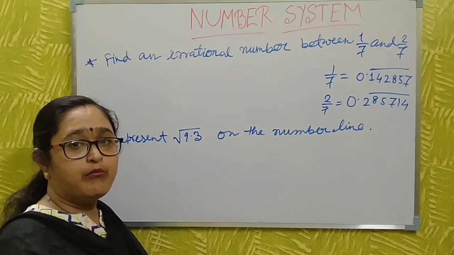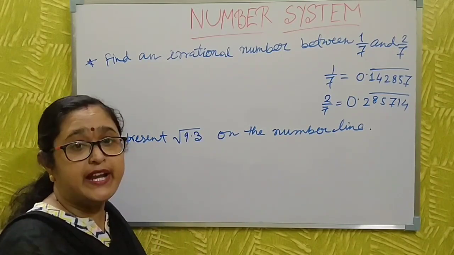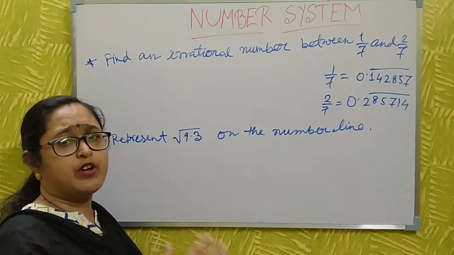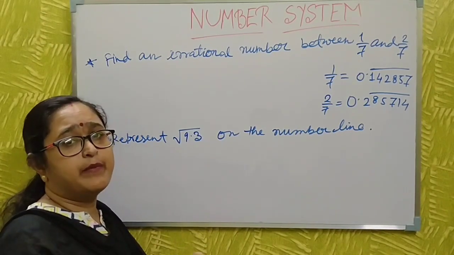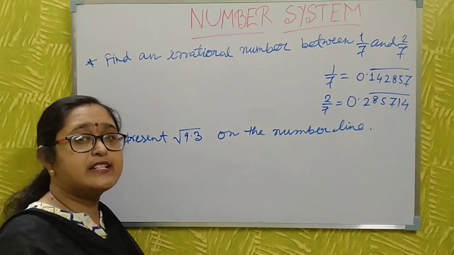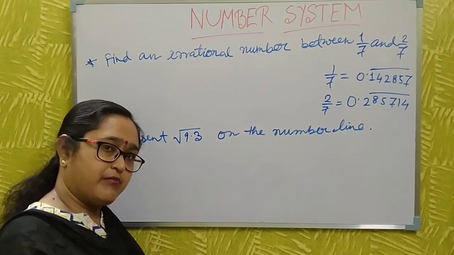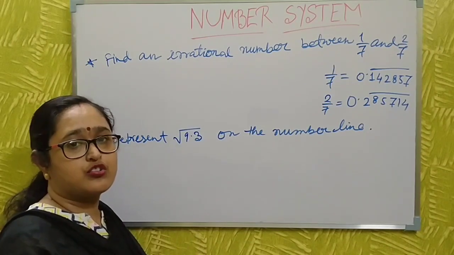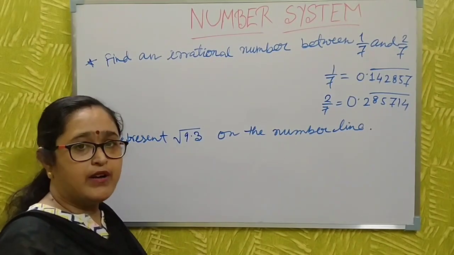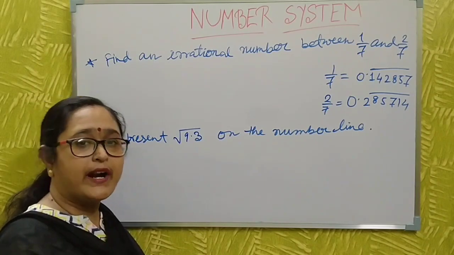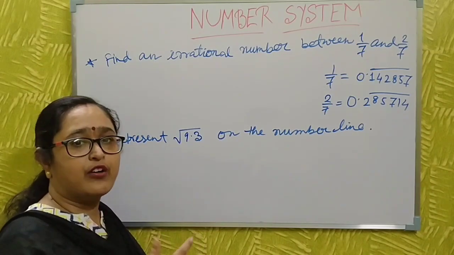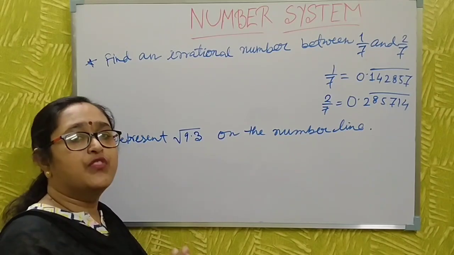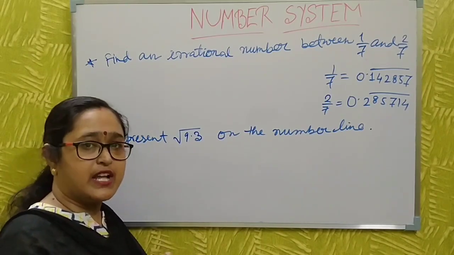And the decimal number which terminates. Terminate means after 3 decimals or 4 decimals, the remainder becomes 0. Okay, this will also be a rational number. The terminating number and the recurring number are both rational numbers. Now I discuss the irrational number. What is an irrational number? A number which cannot be expressed as P by Q with Q not equal to 0. Then the number is called an irrational number.